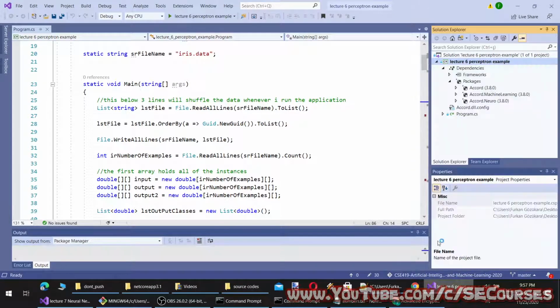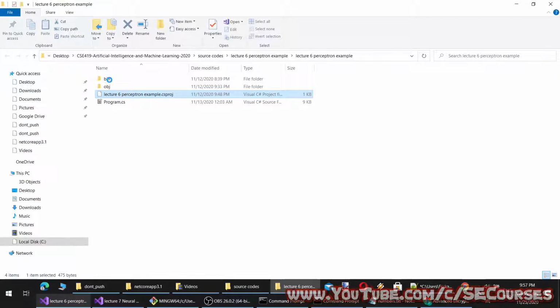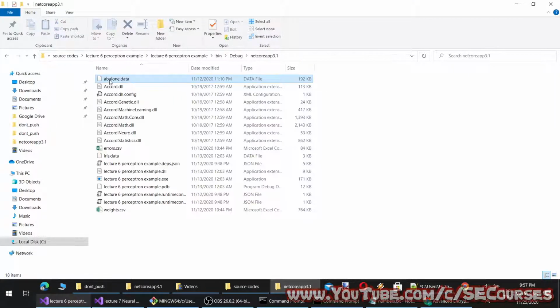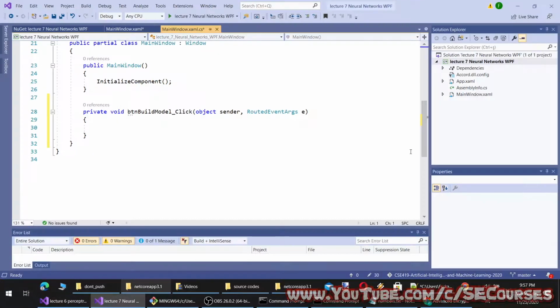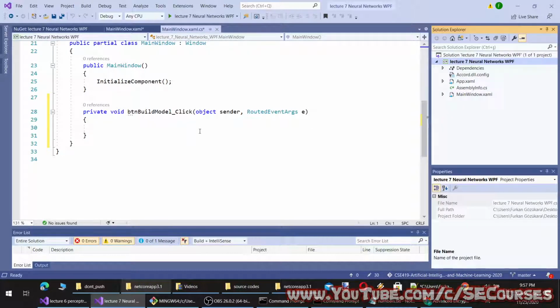Let's open our previous project's debug folder so we can copy paste the data. Okay, there's abalone data and iris data, and okay, these two should be fine. Let's copy and paste it to the debug folder of the new project.